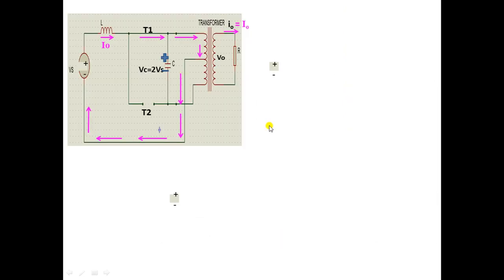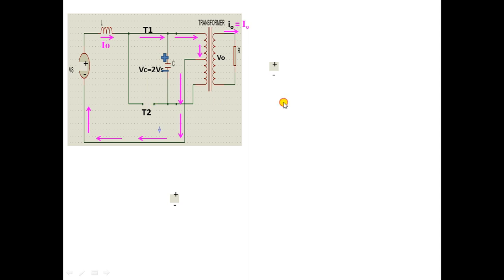Now before going to mode 2, just see here, this plate is positive, this plate is negative. So this positive plate is appearing across cathode of T1, and here, this negative plate is appearing across the cathode of T2 and positive plate is appearing across the anode of T2. Okay, so positive is appearing across anode, negative is appearing across cathode, which means that T2 is forward biased. It is not turned on, but it is forward biased, and because it is forward biased, it can now be turned on.